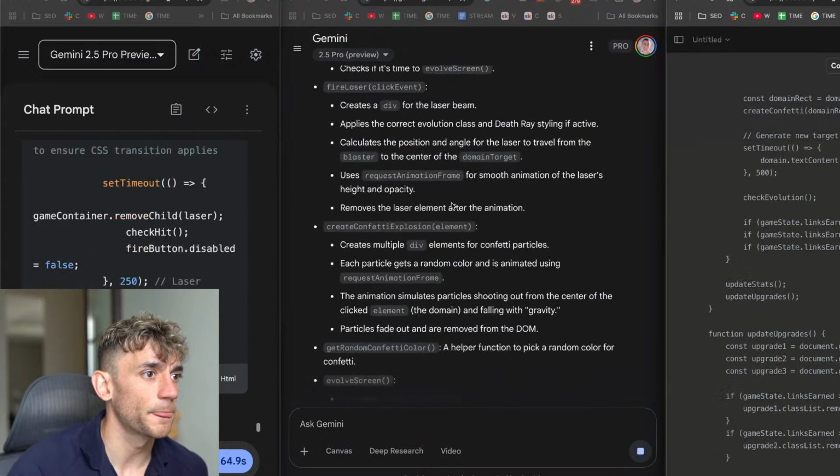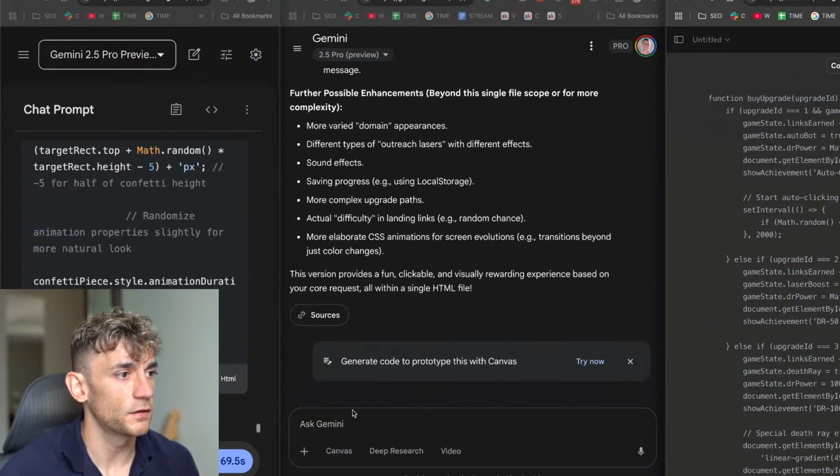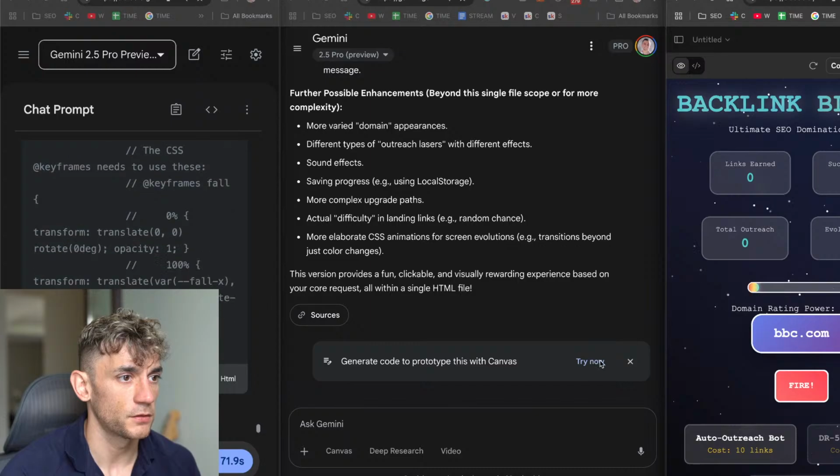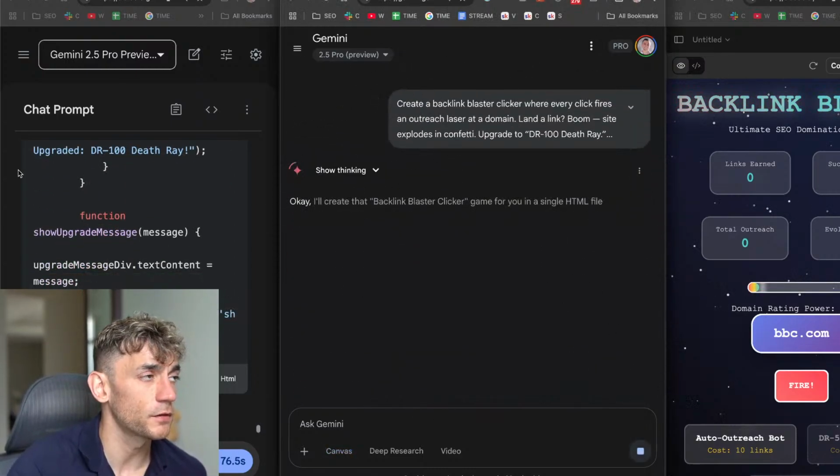There we go. So we got Gemini 2.5 in the middle. One thing I just need to do is generate that with Canvas. Always remember to generate on Canvas because it doesn't come up by default.